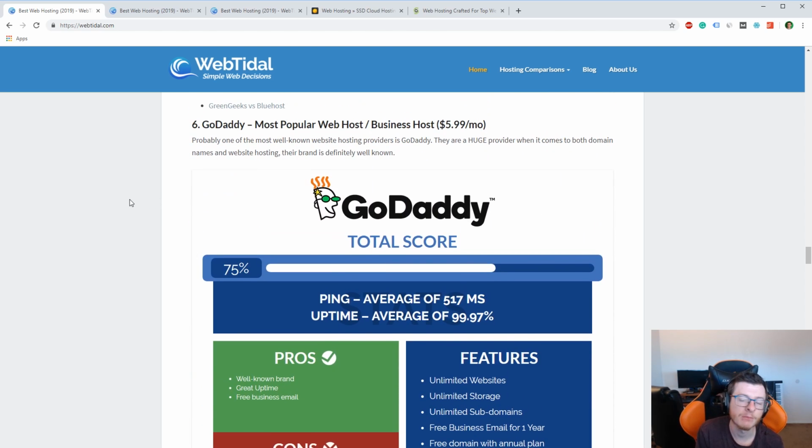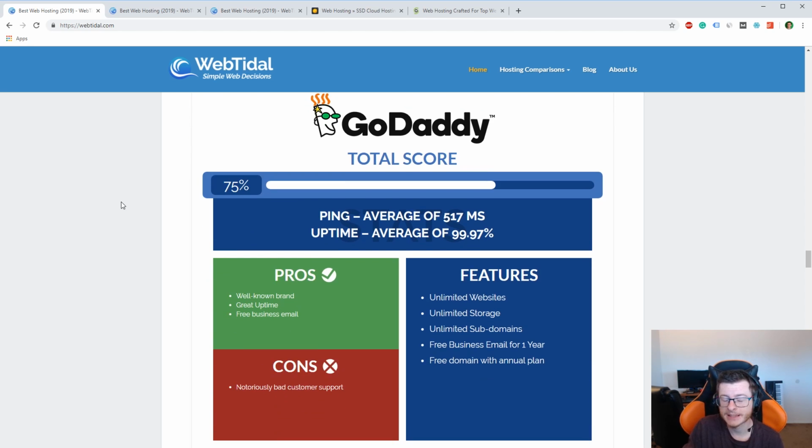GoDaddy is the most popular web hosting platform that you will find. They're a little bit more expensive, starting at $5.99 a month. And the biggest thing that you get with GoDaddy is assurance. Because they are the most popular web hosting provider, you'll find that their stability is really high, and their feature set is very wide. It's just that GoDaddy is known for lacking in some departments such as speed, performance, and